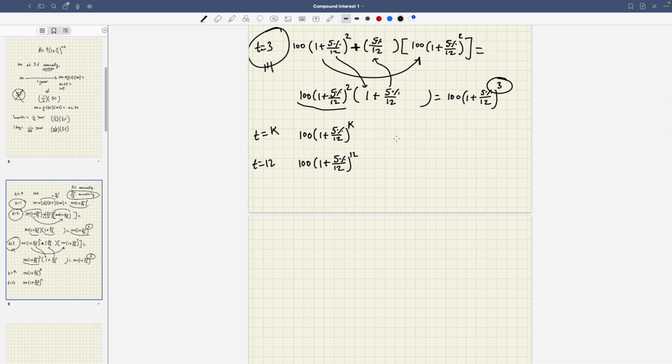And we know, because we compound monthly, that if we compound 12 times, this quantity that I just wrote down represents 1 year. And of course, you don't have to stop there. You can continue to month 13, which would be the same expression right here with an exponent of 13. We can continue to month 14,